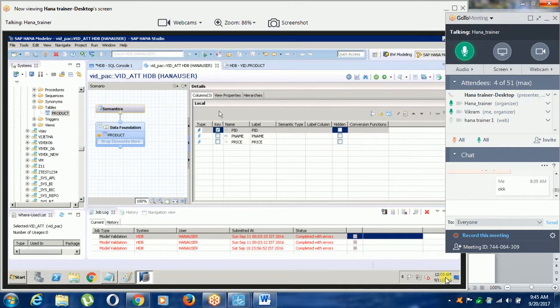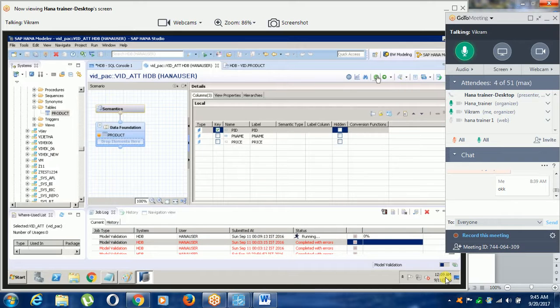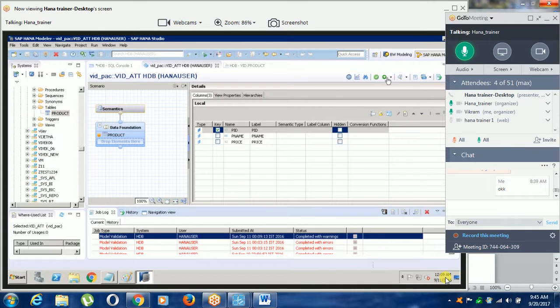We just fetch the data. So we need not make a table. So see, I execute, it's executed successfully, save and validate.